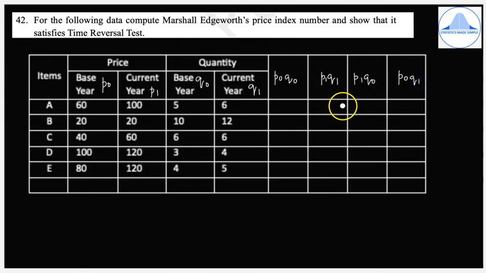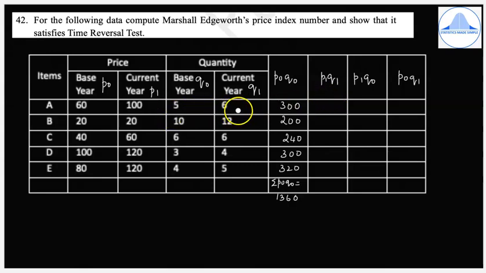So let's do the calculations. So first I'll find out P0 Q0, that is 60 into 5 is 300. Similarly, the next values are 200, 240, 300, and 320. So the total for summation P0 Q0 is equal to 1360. Similarly, find out P1